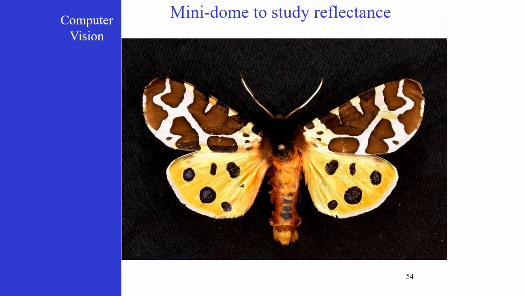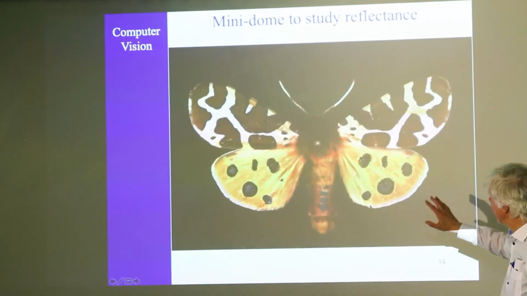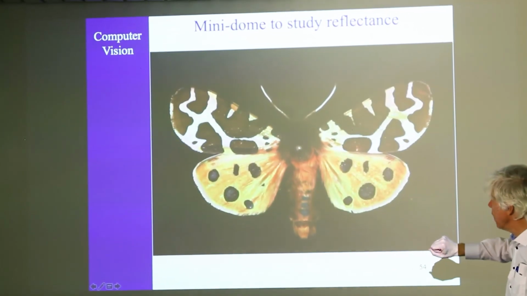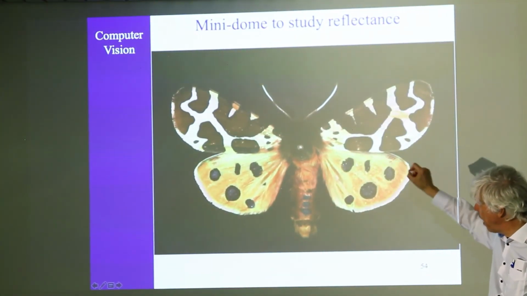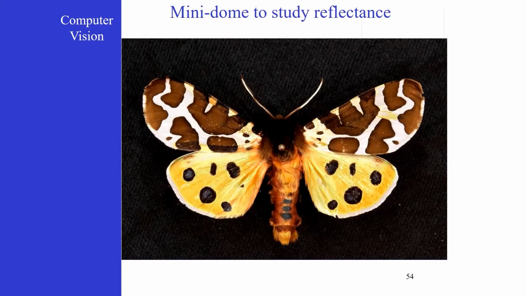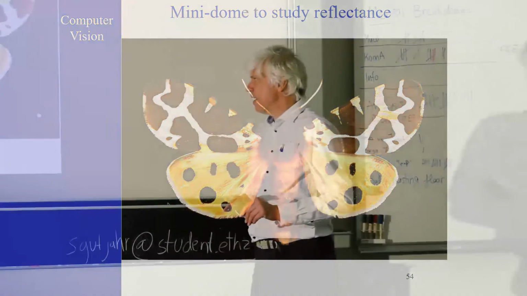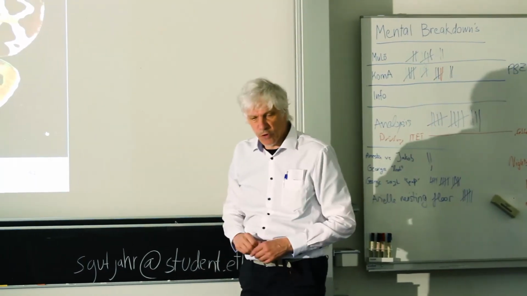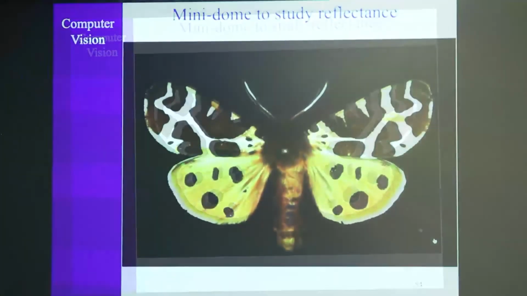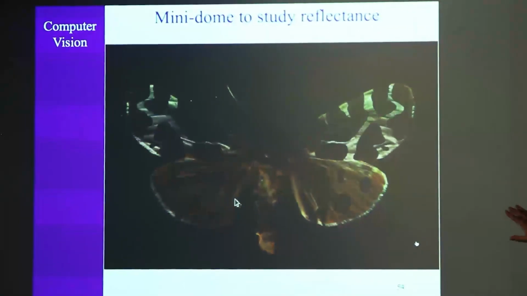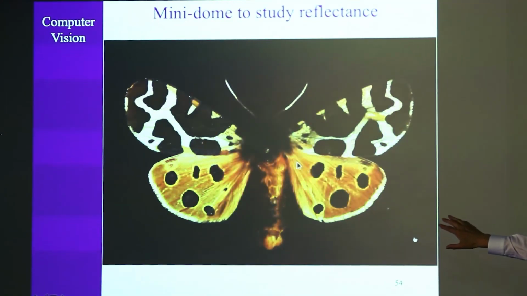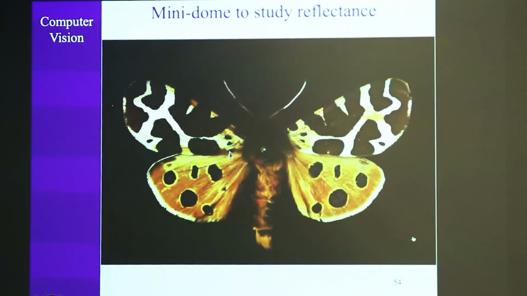And here is now a computer model of this tiger moth. And the focus is on getting a precise replica of the different colors as the light source moves about. So what you will see here is a light source being moved about. We don't change the position of the camera, but we want to mimic how the shading and the colors change as the light source is moved, as the illumination is coming from a different direction. And this, as I mentioned, is only a subproblem of measuring a BRDF, because then you would also want to know, for a full BRDF, what happens if you change the viewing position as well. That's not even answered here. Okay. Here you move this virtual light, you see the decoloration, the lower wings going from yellowish to brownish, color changes happening